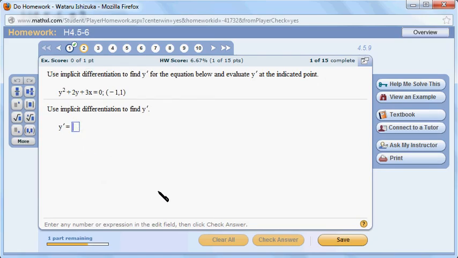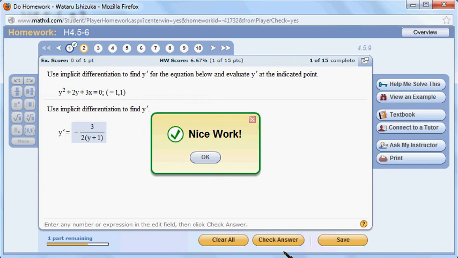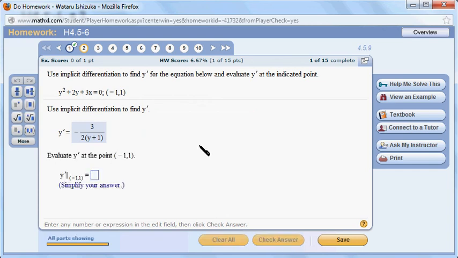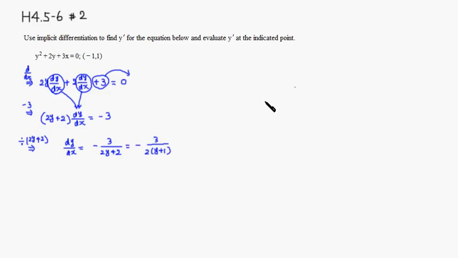Right, derivative is negative 3 over 2 times y plus 1. Right, so let's check that. Right, we got it. All right, then we just need to evaluate the derivative at -1, 1. So let's do that. All right, so if you have dy over dx and evaluate this at -1, 1, so